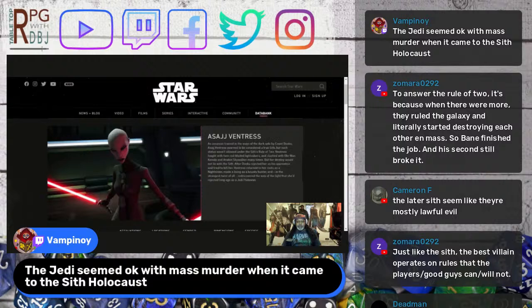They didn't have a rule, and of course, there's always going to be somebody coming up behind them that does the same thing. Remember, what is it? Darth Vader and Emperor Palpatine both broke those rules. So yeah, Vampire says the Jedi seemed okay with mass murder when it came to the Sith Holocaust. Yep, it's kind of a